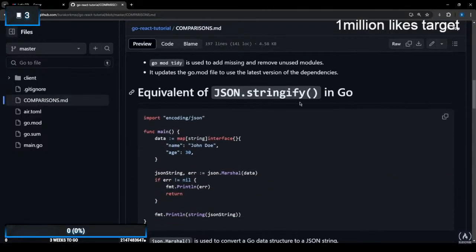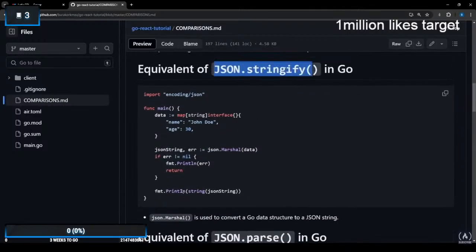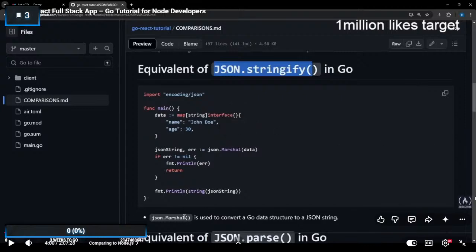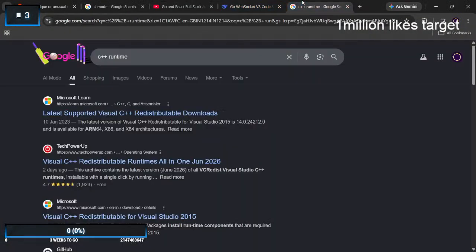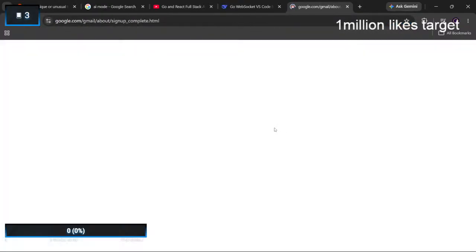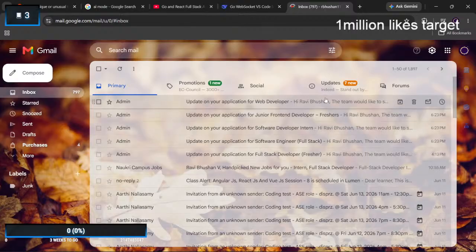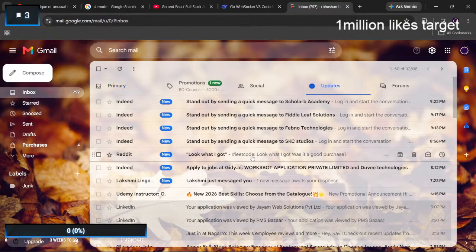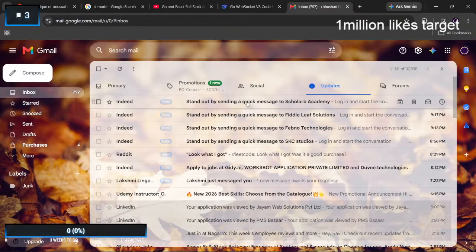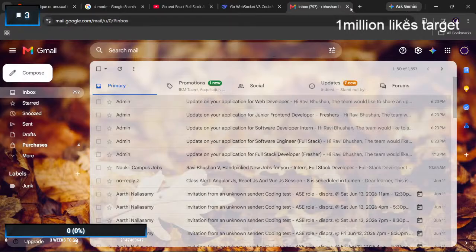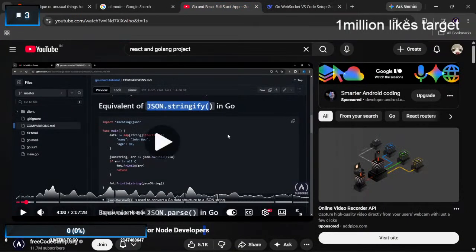And then when you want to stringify JSON, you would call this method, and in Go, this is called marshalling.